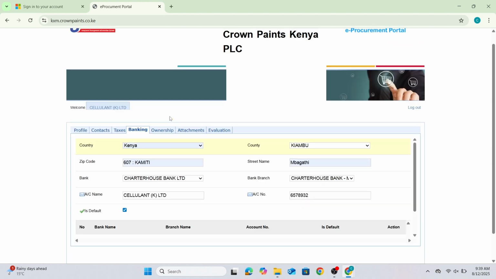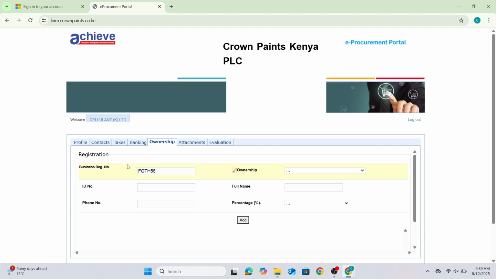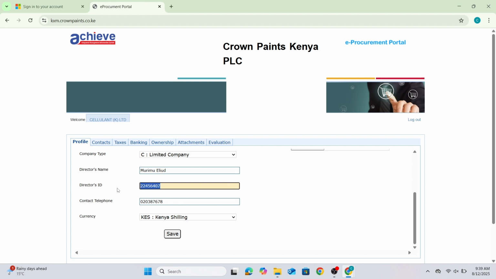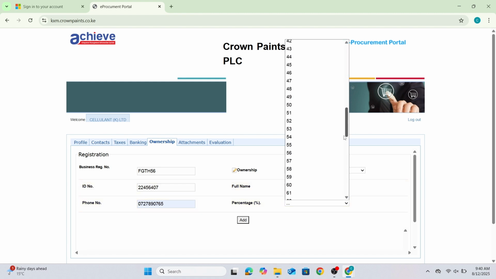Proceed to the Ownership section and complete the business registration number. Select the company ownership type, the ID number of one of the directors, the name of the director, and the phone number of the director, and then select the ownership percentage, and then add if you have more than one director. You can repeat the process and add the second director, the full name, the phone number, and the percentage